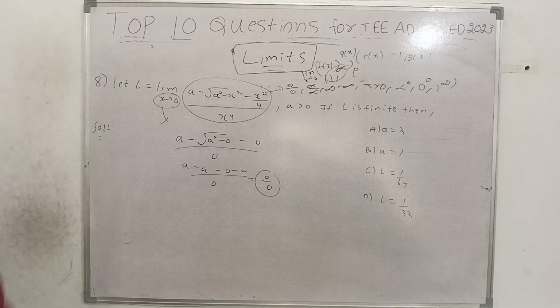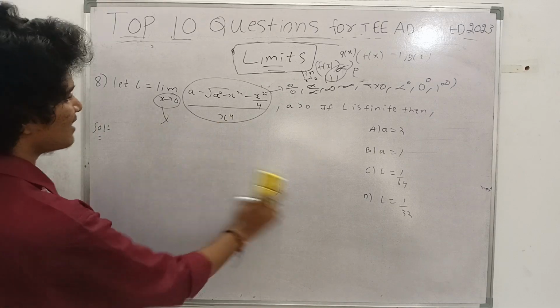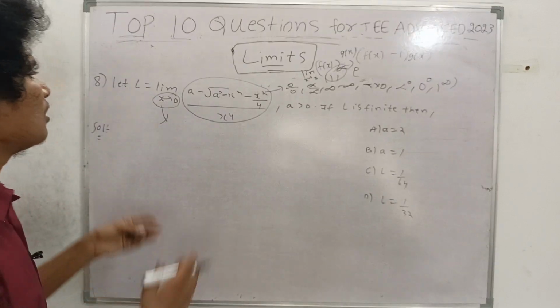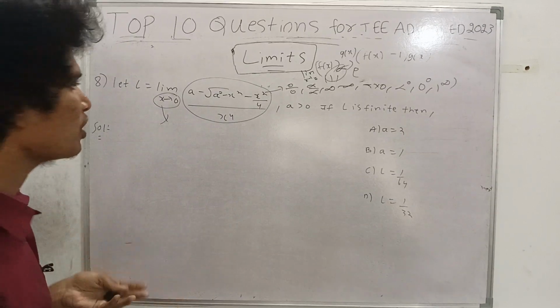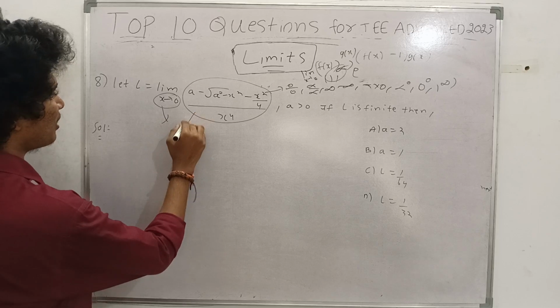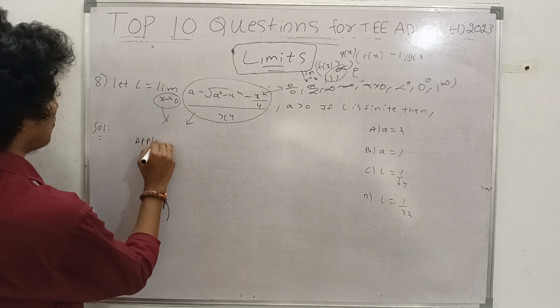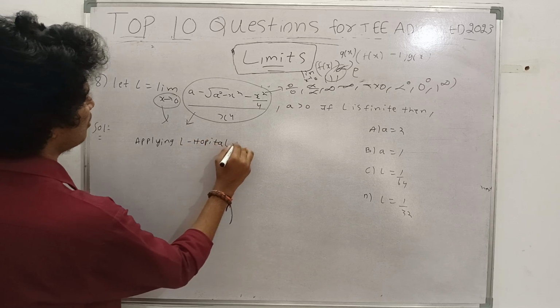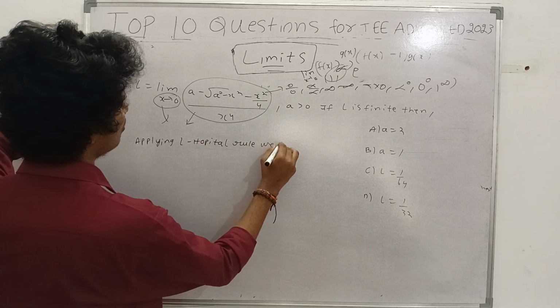So there is a possibility of doing three processes: L'Hopital, rationalization and factorization. The root term is there, but it is not in a multiplication form, it is in divided form, so it is not suitable. So I can use L'Hopital. Applying L'Hopital rule, we get